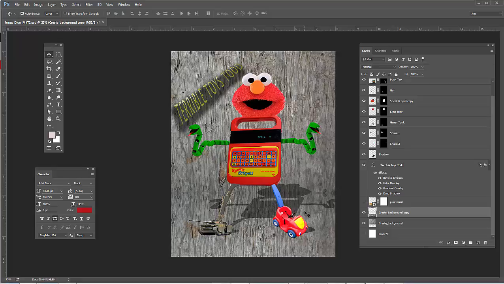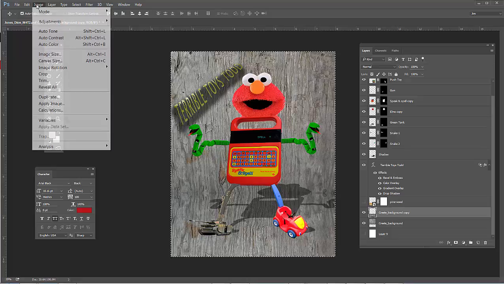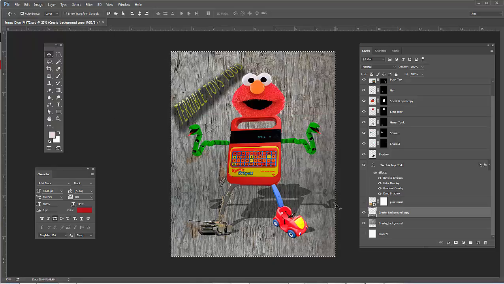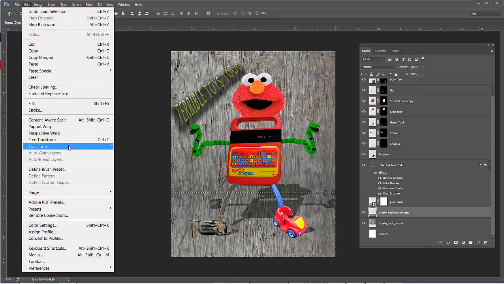Now what we need to do is hit Control or Command A to select all, and then go to Image, Crop. Okay, so that'll crop the image out, and that will help us with our next step, which is to Control or Command click on the copy layer for the background, and then go to Edit, Transform,